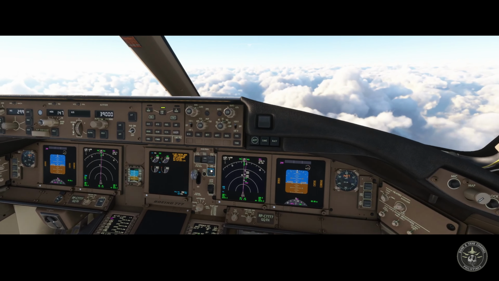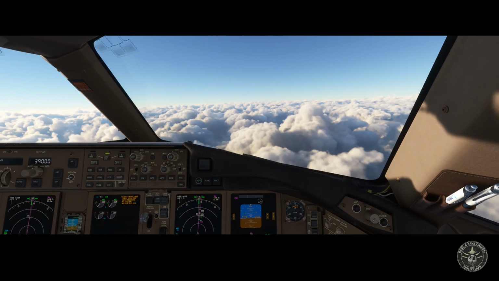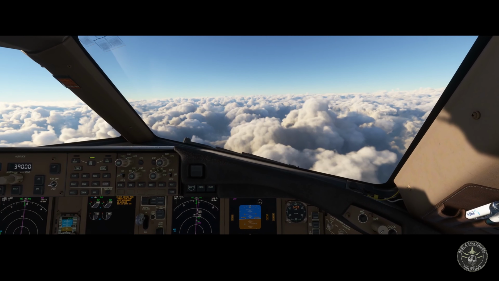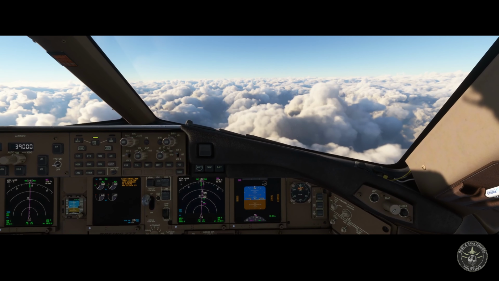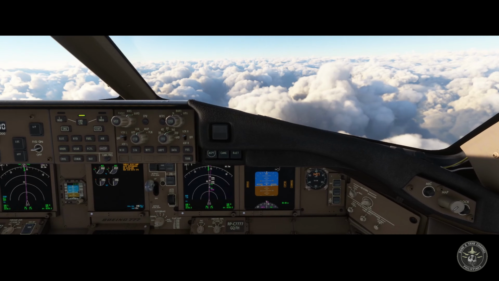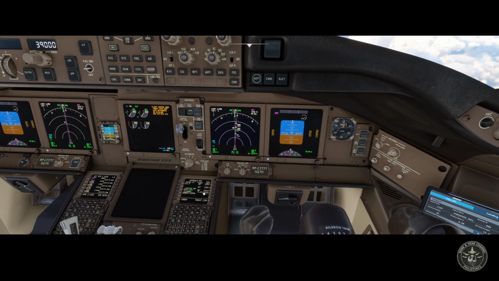Okay, let's plan for our approach now. For example, we cannot go back to YVR due to a disabled aircraft on the runway, so we're going to proceed to our next alternate, which is Seattle. So set up for Seattle.